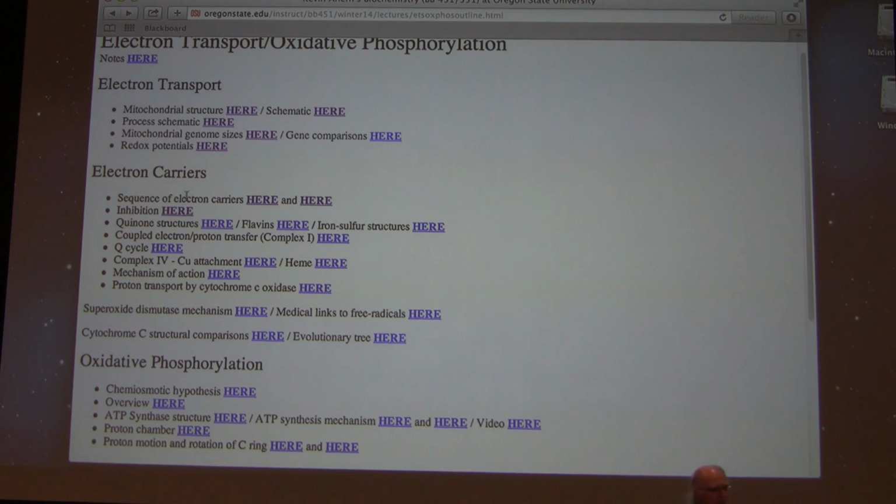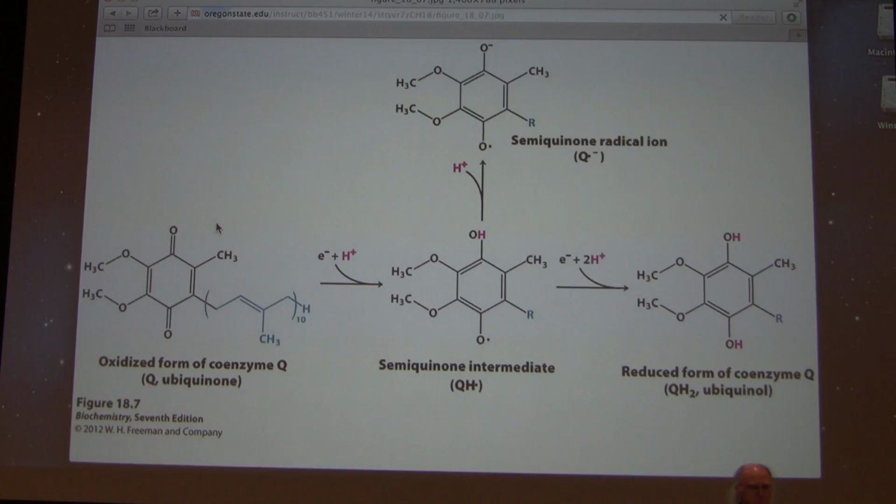Okay. Let's see. Quinones. So coenzyme Q is in a category of molecule known as quinones. And somebody asked me on Wednesday about NADH. They saw that the H went on, but they didn't understand the electrons going on. I said, well, look at the structures. You'll see that the actual ring configurations for electrons actually changes. And quinones also have changes in their electronic structure, and that's how they accommodate the electrons that they're